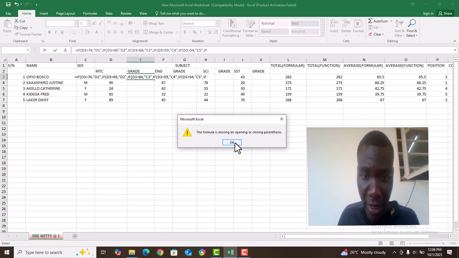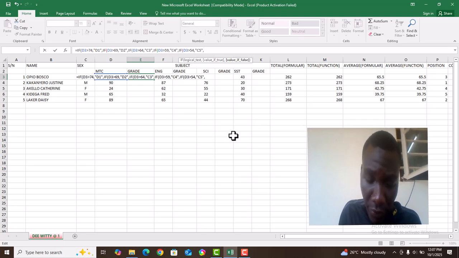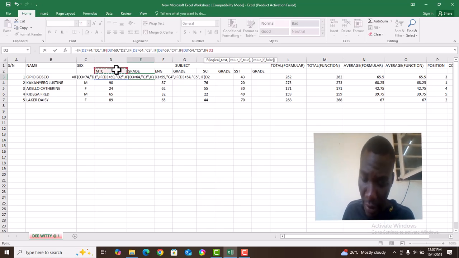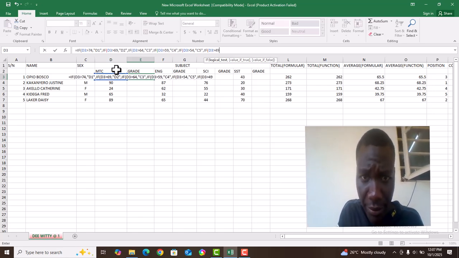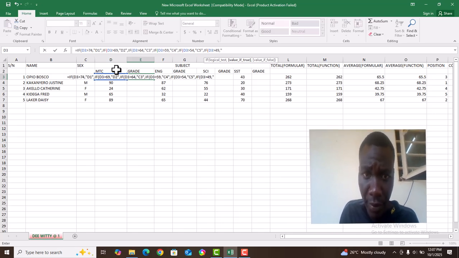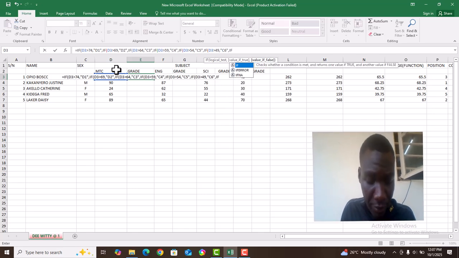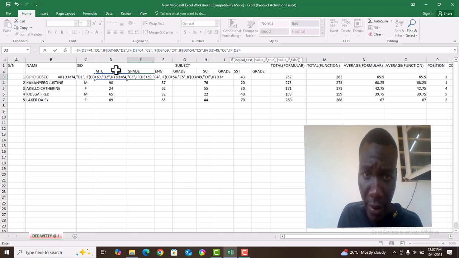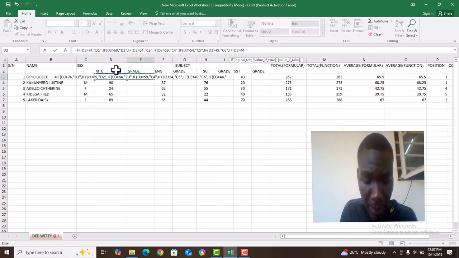okay, one formula is missing, we missed out. Open bracket, say IF, open bracket, and then we say this cell D3 is greater than 49, and then comma, we give that one "credit 6", close, comma, say IF, open bracket, say if this cell D3 is greater than 44, comma, and then we give that one "pass 7",